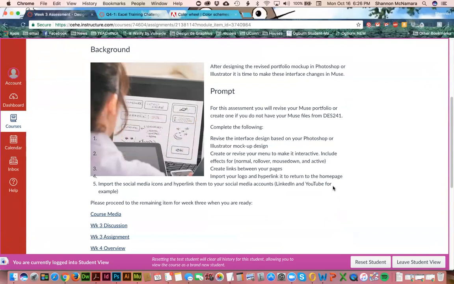So if you did not keep your files from DES 241, you have to start over. You have to write me up a concept for your portfolio. You need to create a mockup for that portfolio, and you need to create that portfolio. So you will complete the following: revise the interface design based on your Photoshop or Illustrator mockup design, create or revise your menu to make it interactive, include effects for normal, rollover, mouse down, and active for your navigation, create links between your pages, import your logo and hyperlink it to return to the home page, import the